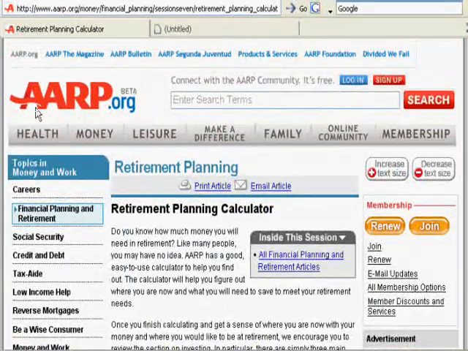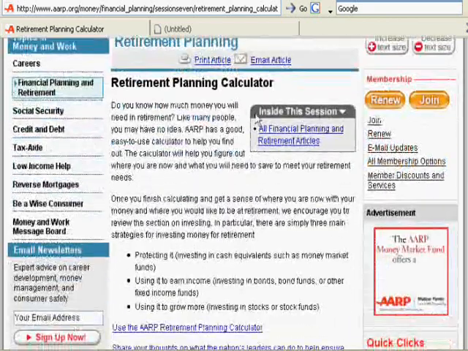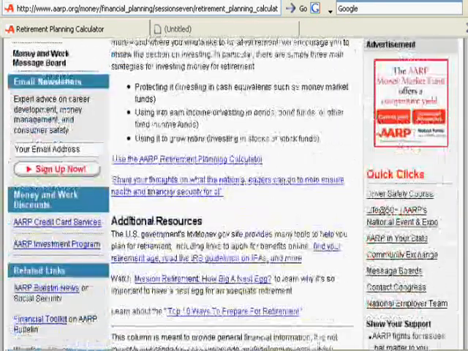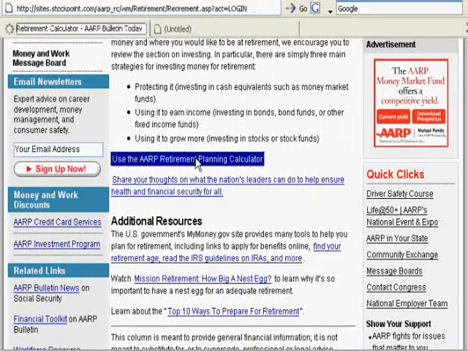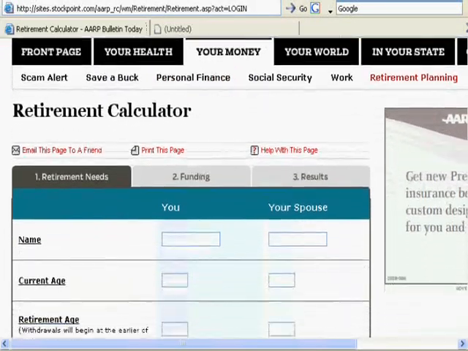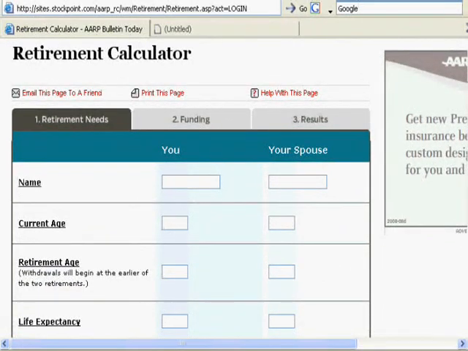go to aarp.org. Read about the retirement planning calculator and click on the link, and it will take you to the calculator. And most retirement planning calculators are fairly simple. You put in your name,